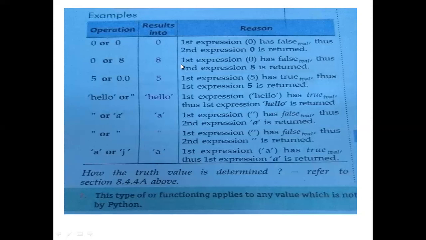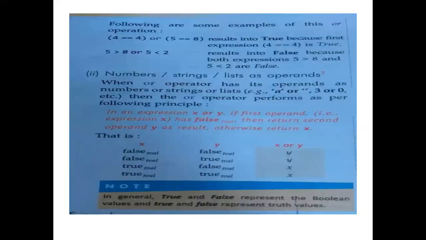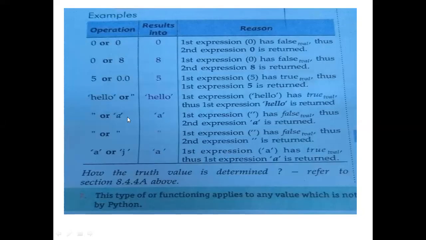So this is very important. We have to analyze such questions, where these are the important questions: what will be the output of the following code? So you have to be careful about this, and always when the operands are lists or numbers or strings, then we have to follow this truth table, and according to this truth table, we have to analyze this.